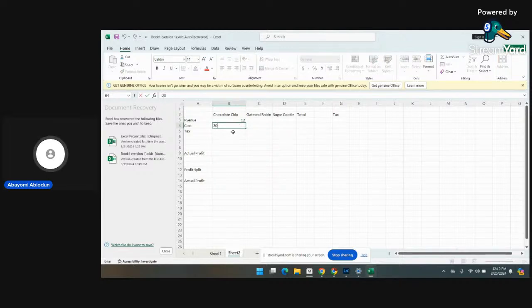So 20, profit, then what I just need to use here is to